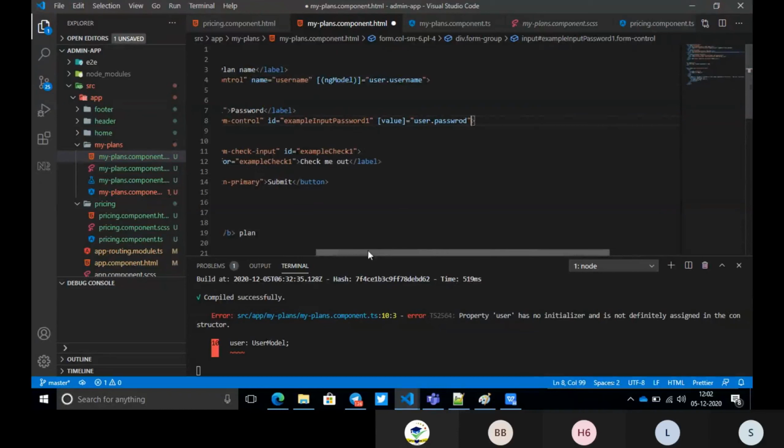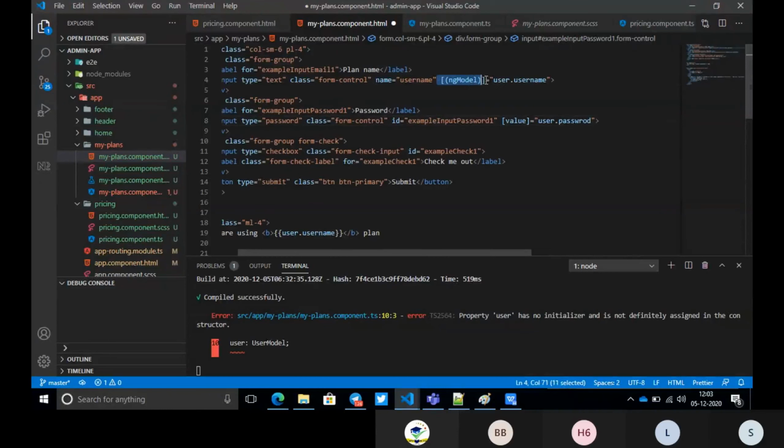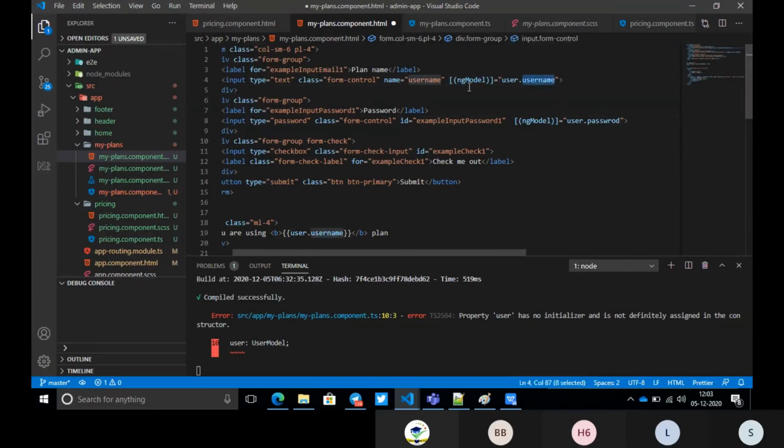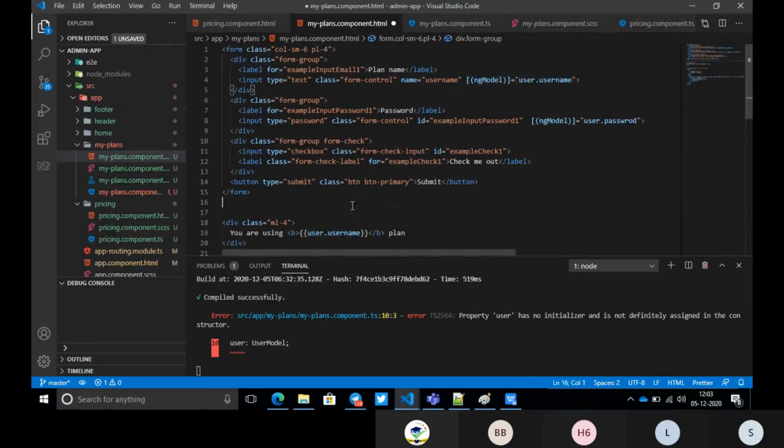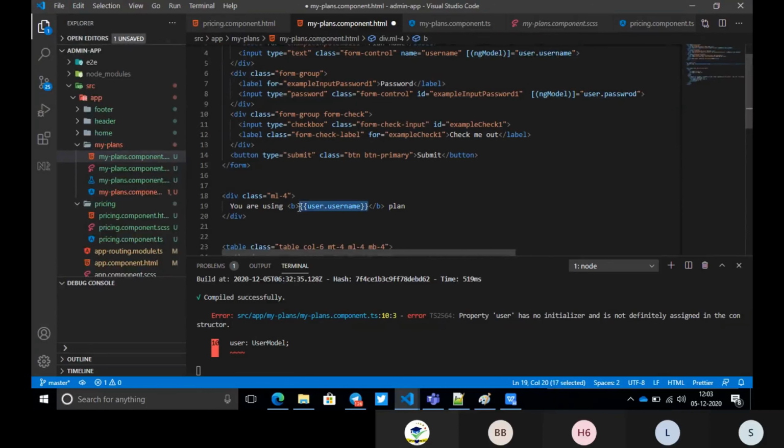So here guys, what we are trying to do is simply use the ng model alone. We removed everything, like the method and event binding, and we are just using the ng model only. Using the ng model, we are trying to print the values. So ng model is very simple. You just need to use angular brackets, and inside these brackets, if you have a value in the TS file, it will display here, and if you type something here, it will display in the TS file. That is why it is two-way binding, and we want to print our username and password here.